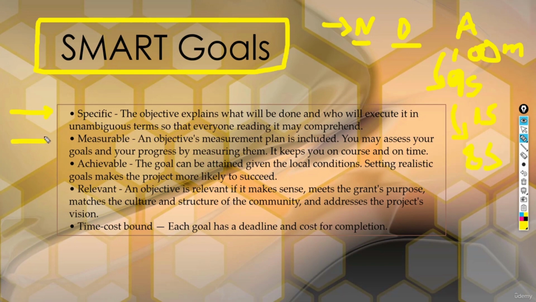Okay. The next thing is whether the goal is measurable or not. So if a SQL was executing earlier within 1 minute, but now it takes 5 minutes, now you have a clear goal to tune this SQL, right? The application team or client expects the SQL to run in 1 minute, but now it is taking 5 minutes. So we can see what went wrong and why it has taken 5 minutes. So there is a baseline. So this baseline is measurable,